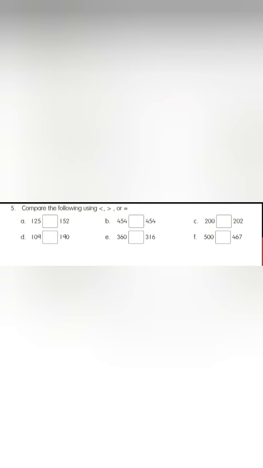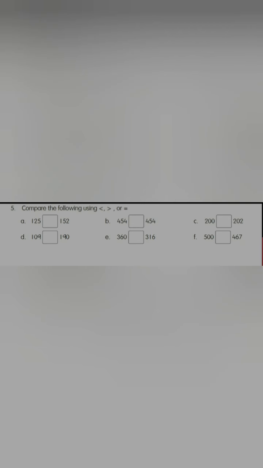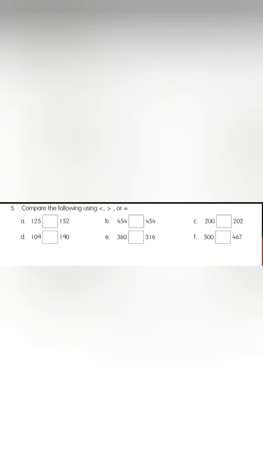Moving to the next, B, 454 and 454. On both sides the numbers are equal. So you have to put the equal sign. Moving to the third question, that is 200 and 202. Here 202 is greater than 200. So we have to insert the first symbol. Likewise, you have to complete the remaining sums and